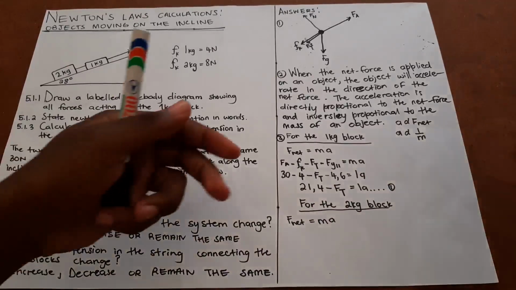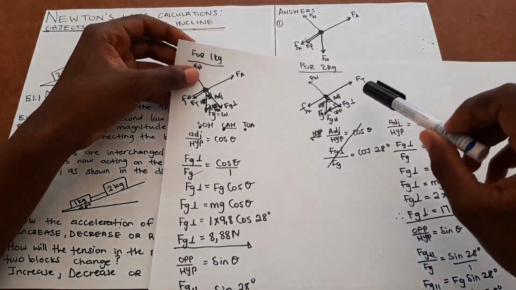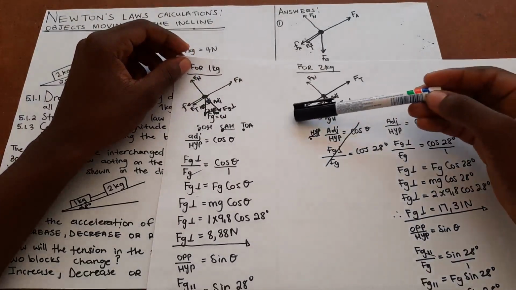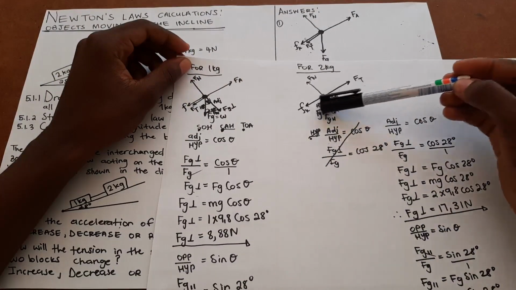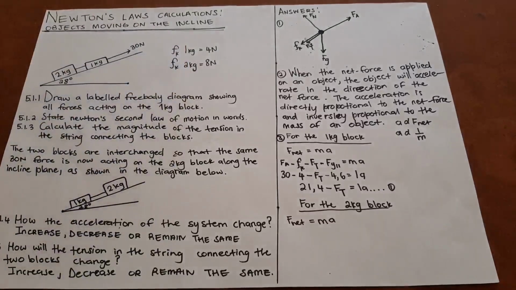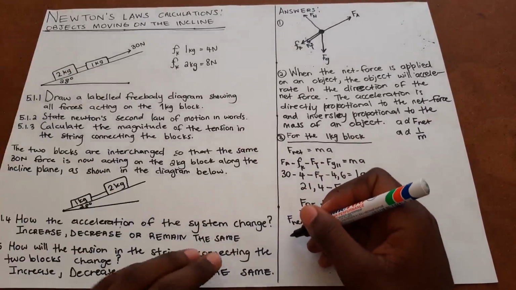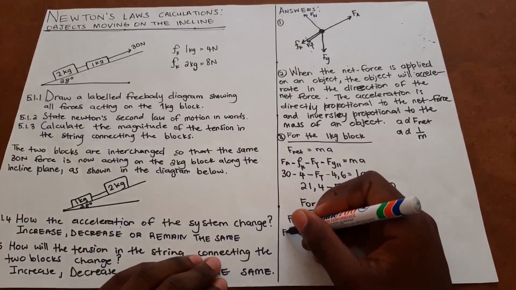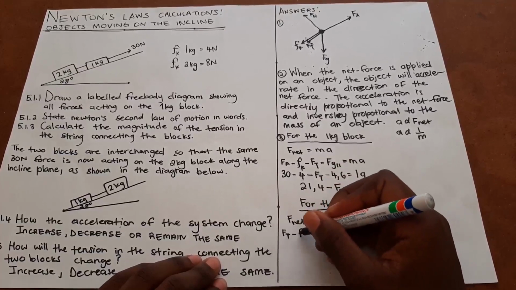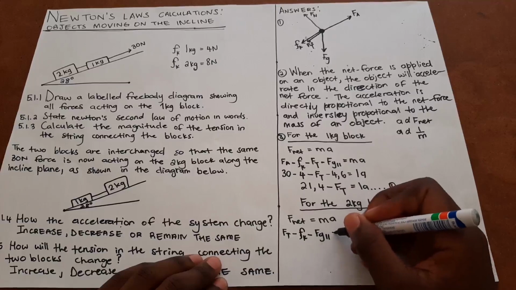We have the tension force pulling upwards, which favors the motion and is positive, minus the kinetic frictional force, minus Fg parallel, which opposes it, is equal to